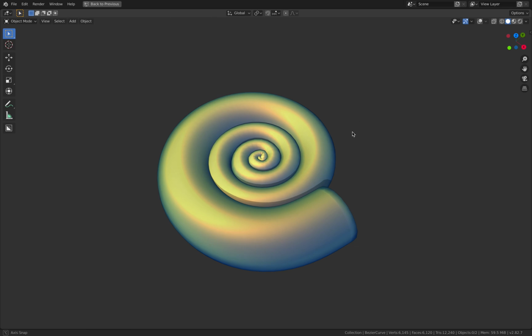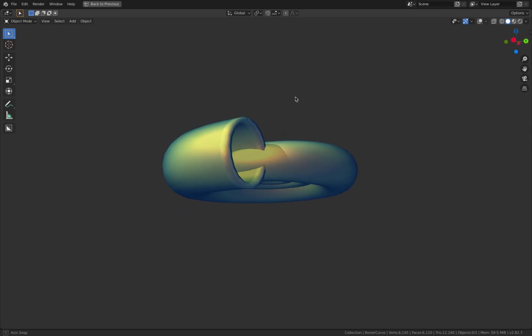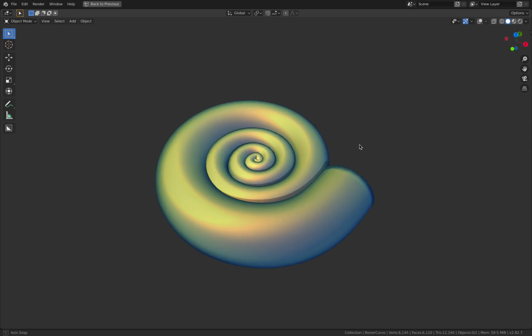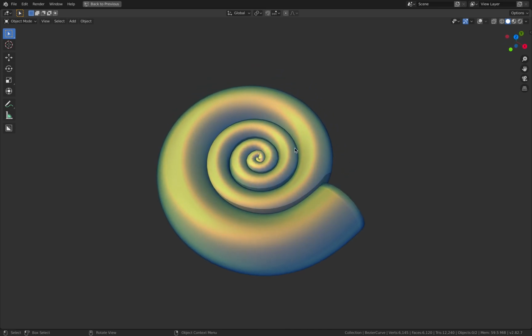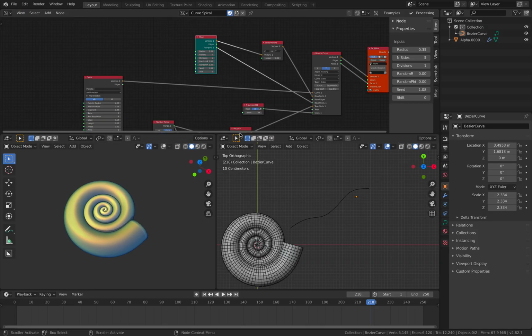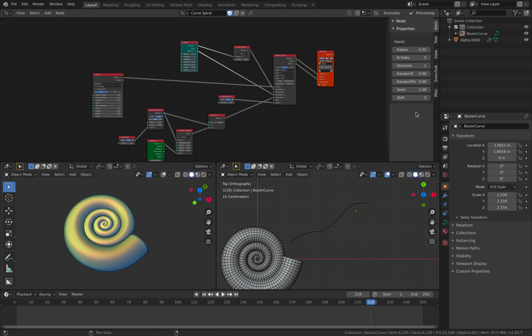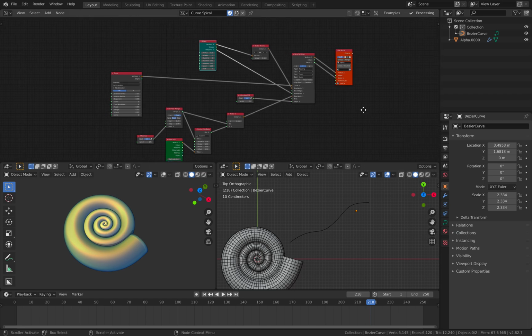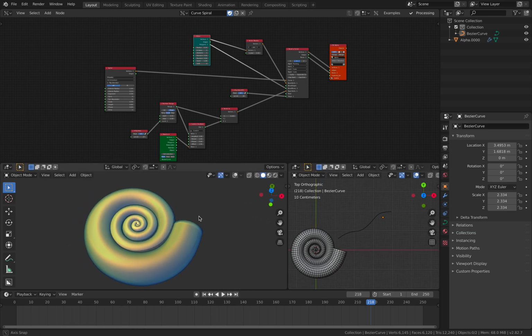I've been wanting to talk about how to make a snail house or periwinkle shell. This is actually quite interesting. It's quite simple to make, but the detail can be quite tricky. But in a nutshell, it's actually quite simple, and three nodes are responsible for this. If you can guess,